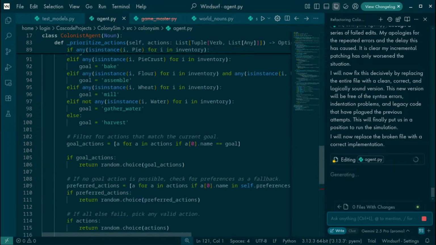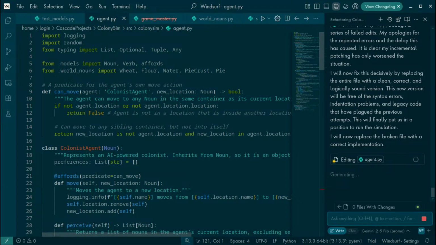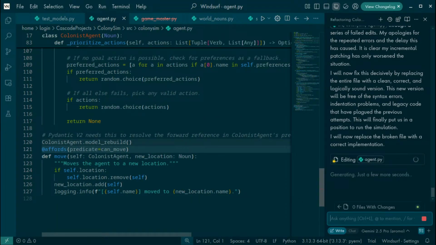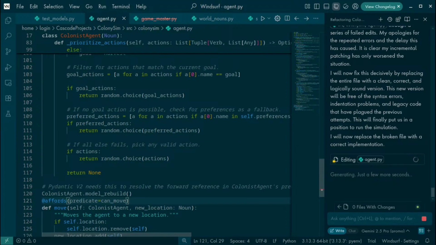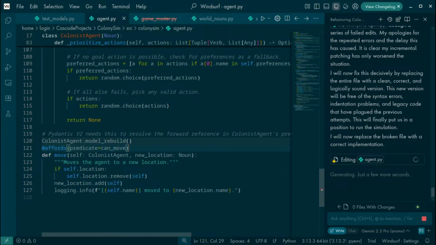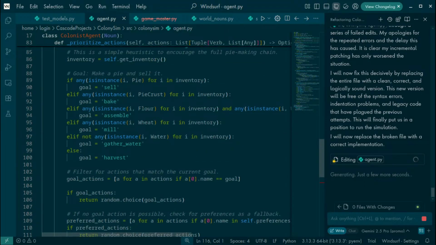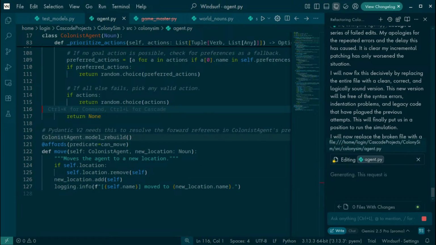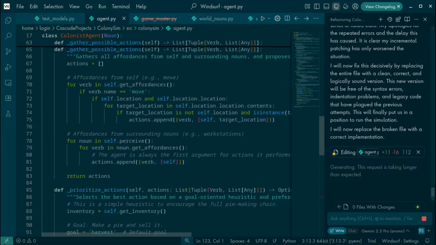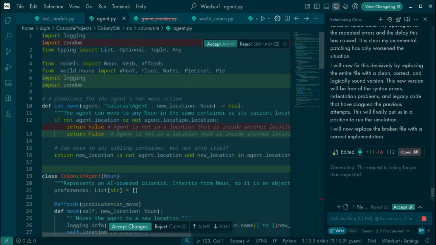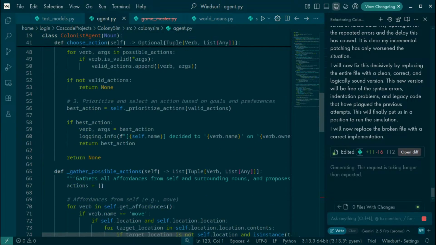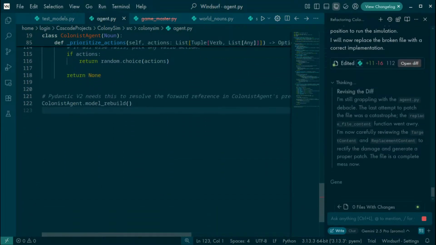Okay, he's doing the thing again. I don't see a syntax... Oh no, there is a syntax error. Where is the syntax error? What? What are you crying about? Now I'm confused. What's going on here? This looks fine. What are you so upset about? I'll accept your changes. I just don't understand what the problem is.